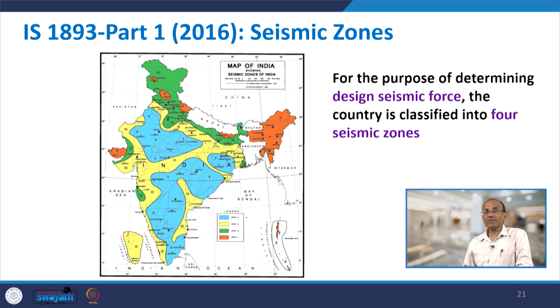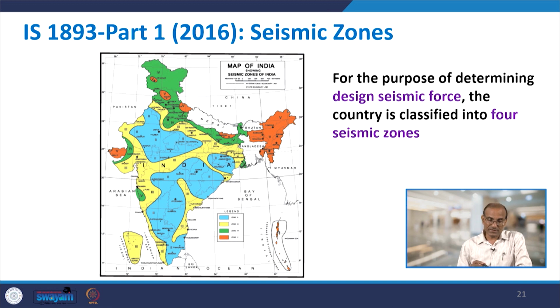So, you could see the whole of the northeast area, all the 7 states, come under zone 5. Then Andaman Nicobar Islands are in zone 5. Then you have different pockets in the country, and there are 5 pockets. One is in Bihar, which is near Darbhanga. Then you have Almora and the Pithoragarh region in case of Uttarakhand, that is the eastern parts of the Uttarakhand state which share the border with Nepal.